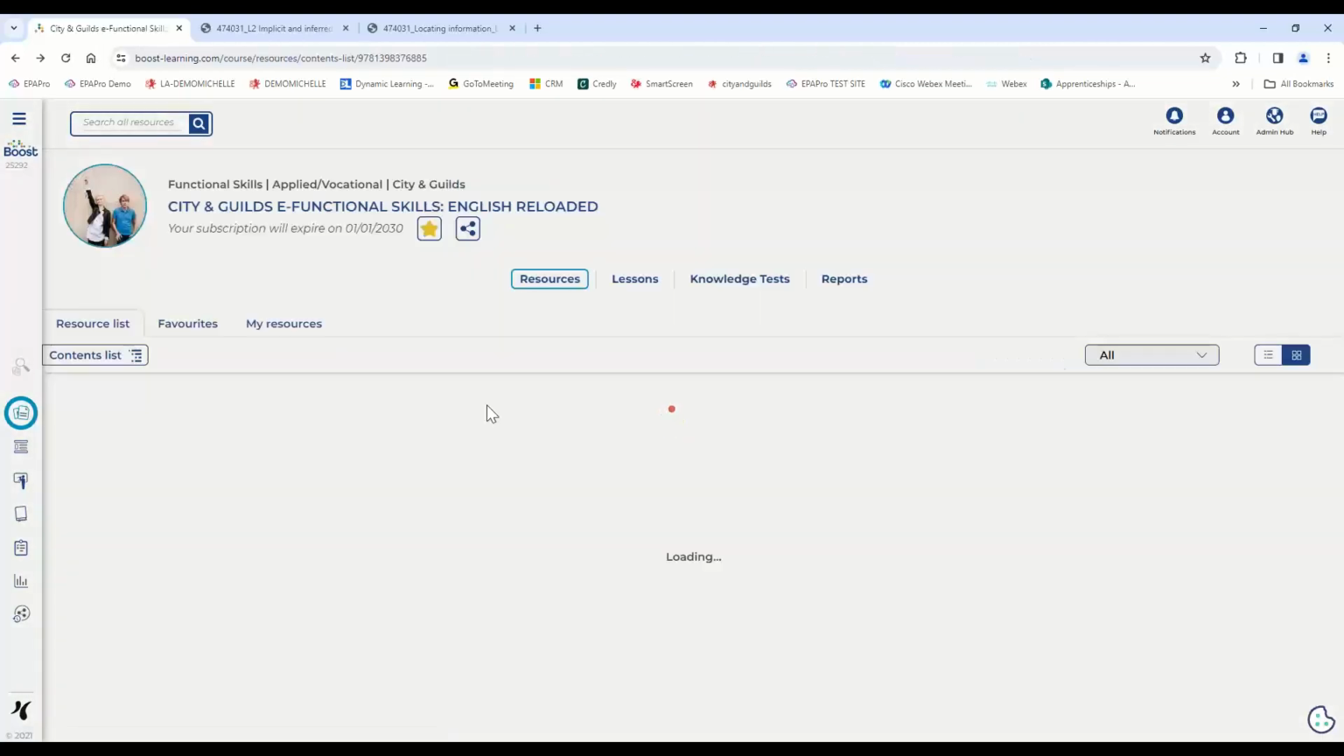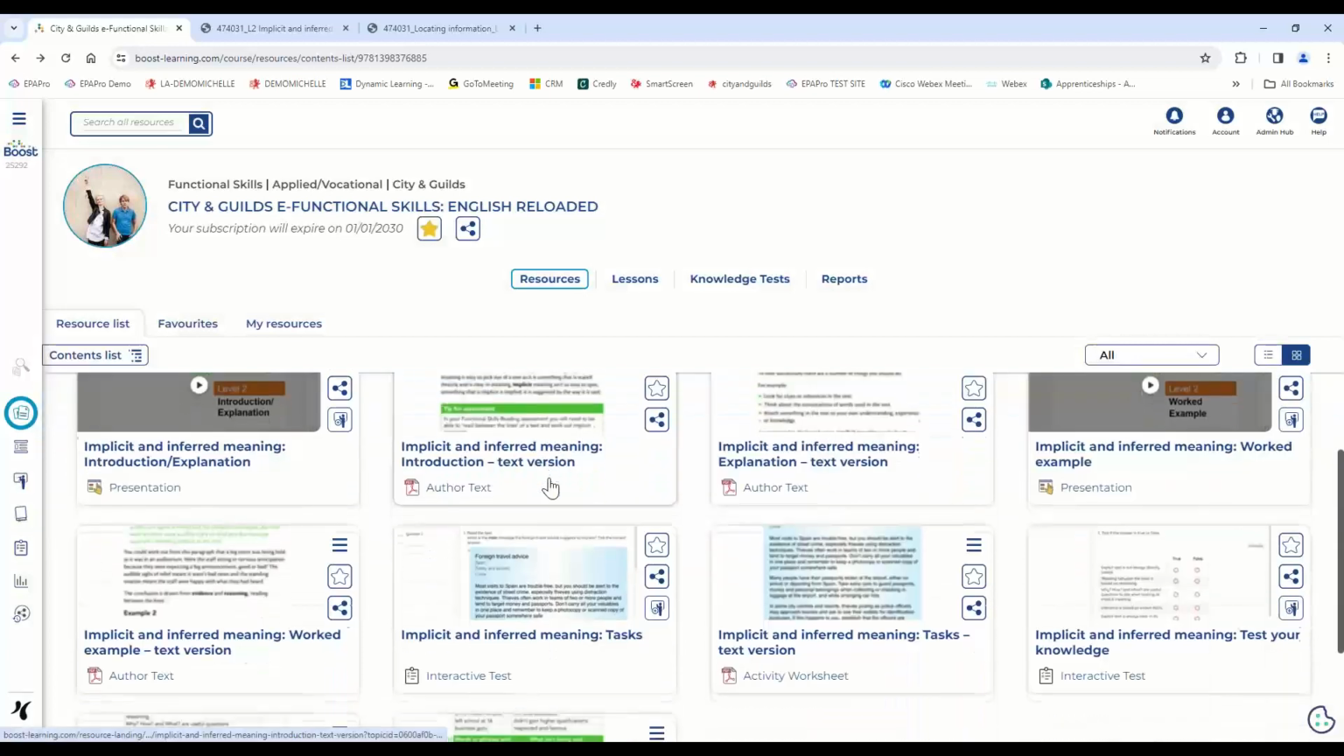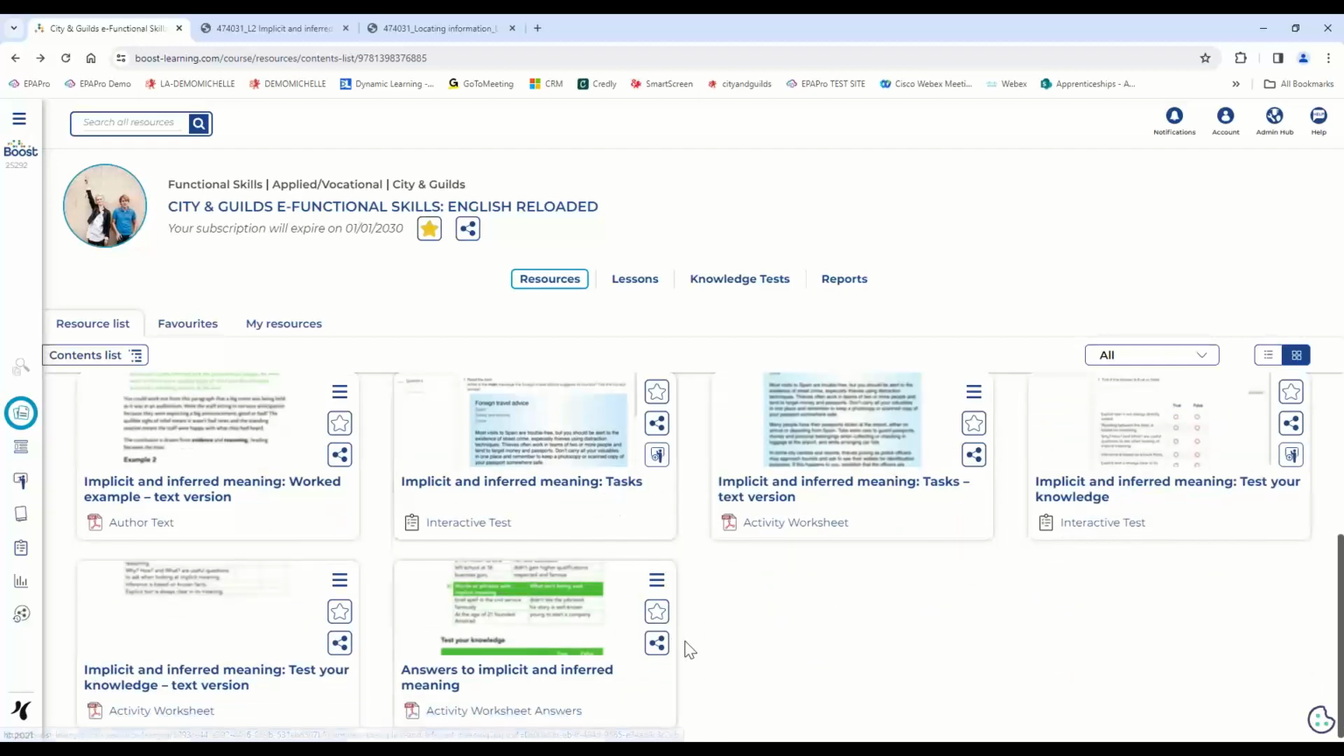So when the learners are completing any of these interactive activities, what's happening is it's generating reports for you as a tutor to be able to see if they're making progress with the activity and obviously understanding that particular topic area or content. The last part of the learning or the testing the knowledge side of things is these interactive